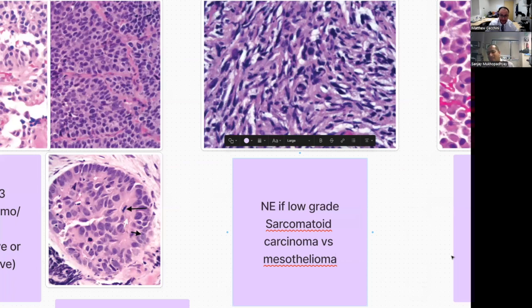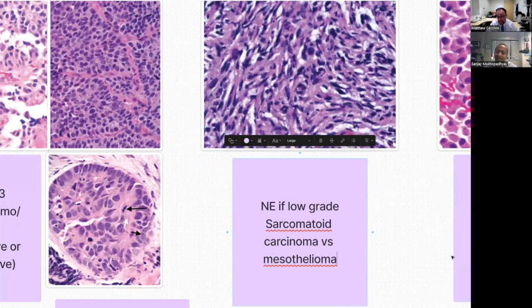I almost never run CK7/CK20. Me neither. I find that you almost always just get a CK7 positive, CK20 negative result, and you give that same laundry list of all the things that it can be, right? 100% agree. So the keratin first, and then where that goes, I completely agree with where you were saying: do you go down the meso or carcinoma route, or is this a potential sarcoma scenario, right? I do try the meso and carcinoma stains, but in something spindly like this,